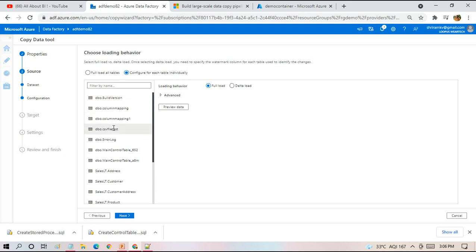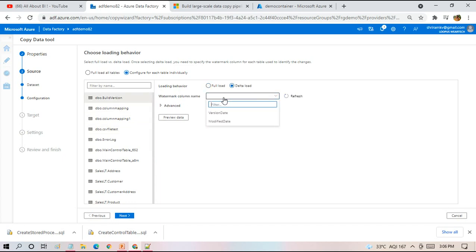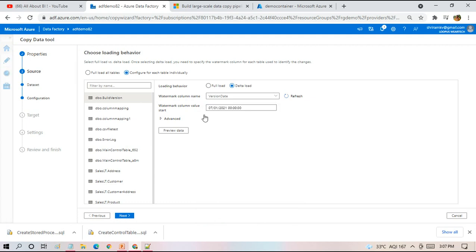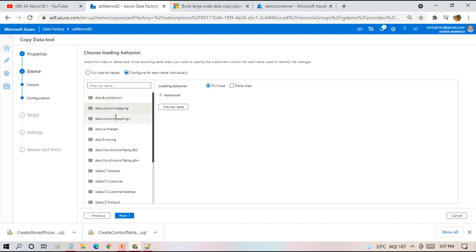I'm clicking on each table and saying use delta load. The column name is the watermark column name based on which we do the incremental load, and start date and end date. So I can say the watermark column value from 1st of July, I want to load all the records present in my table. That's what I am telling. For each table you have to configure like that. Once you are done with that, click on next.